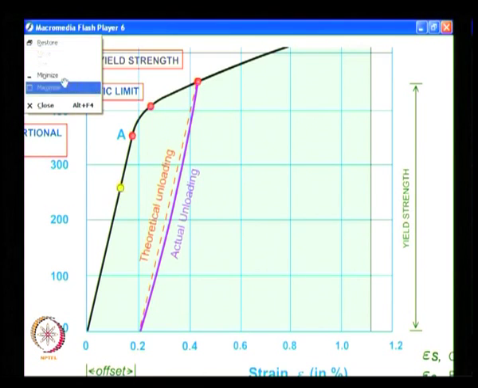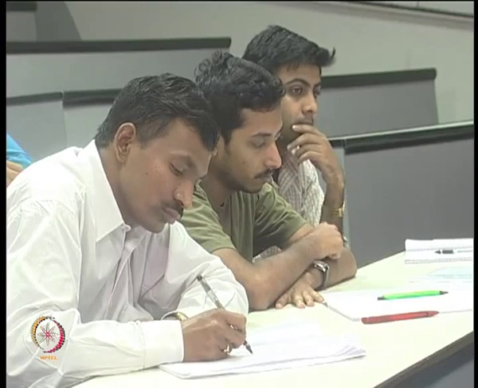So, 1% of strain looks small, but it is not small from the strain analysis point of view, because at 0.2% of strain the material has yielded. So, many of these techniques work only in regions beyond yield. If I have to measure lower strain, then I have to improve my experimental refinement, data acquisition, and how I do the experiment, and so on and so forth. And that is what is done in the case of Moiré.